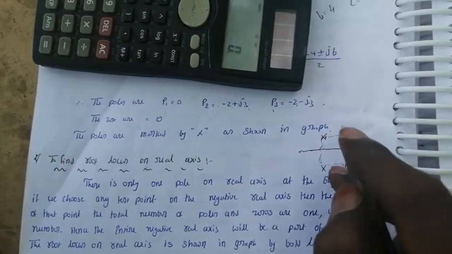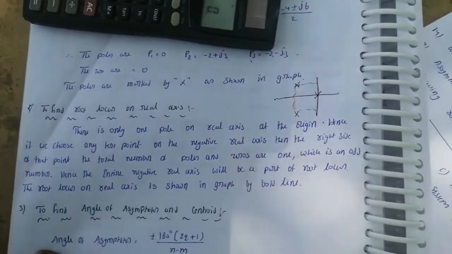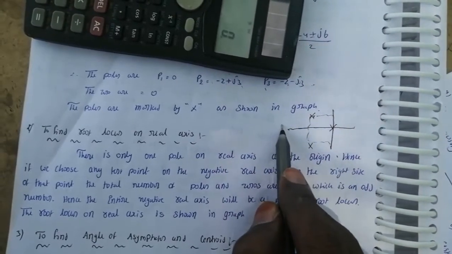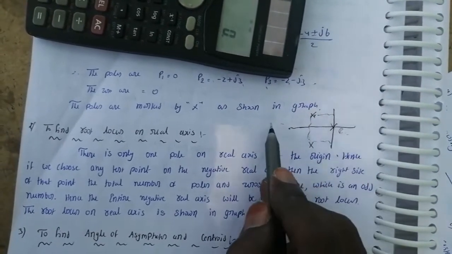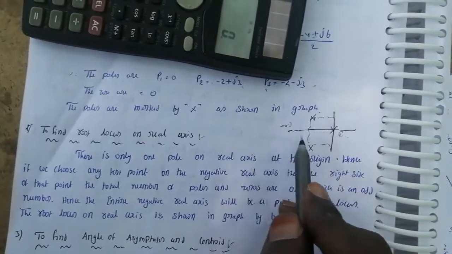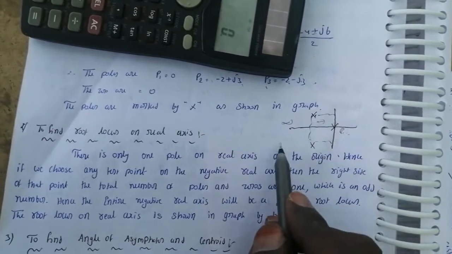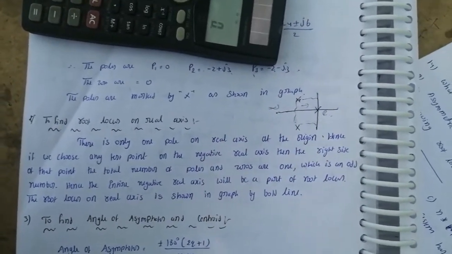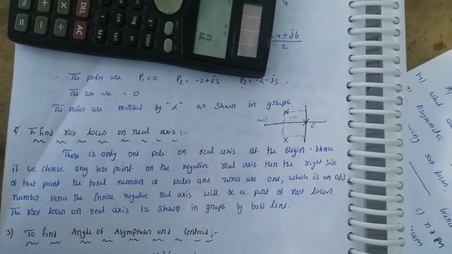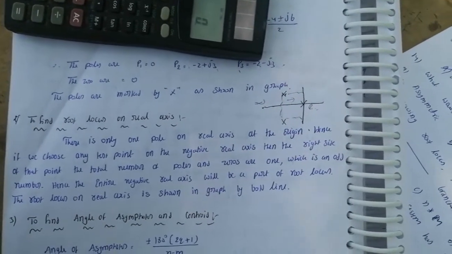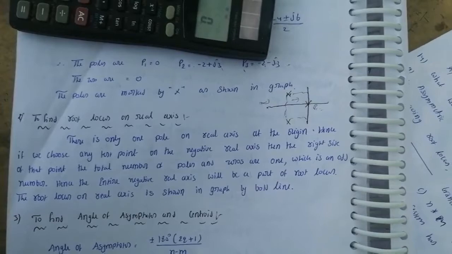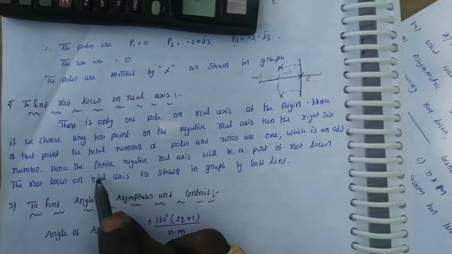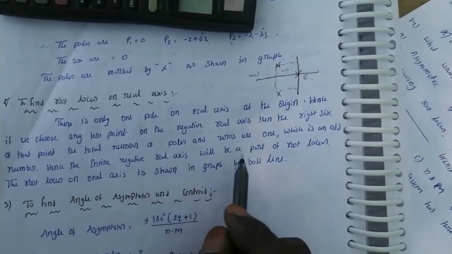Now, you already know that the root locus is symmetrical about the real axis. If you choose a test point between this pole, that is p1 equals 0 to minus infinity, in between you can take any test point. While observing to the right side, the number of poles or zeros should be an odd number. Here there is only one pole to the right side of the test point, so that's why it is odd. Hence the entire real axis, from 0 to minus infinity, belongs to the root locus. Hence the entire negative real axis will be a part of the root locus.